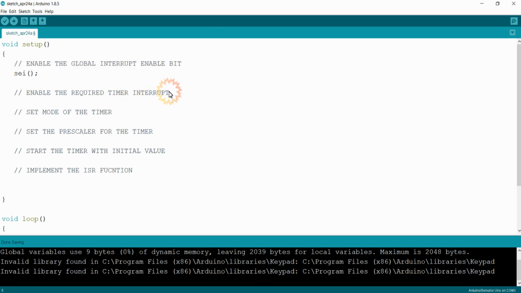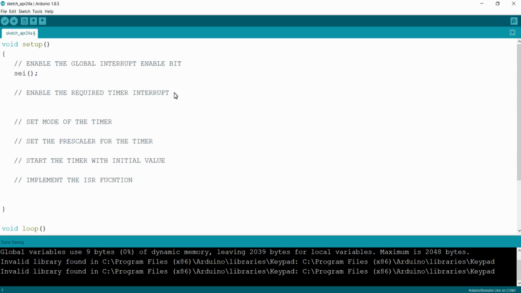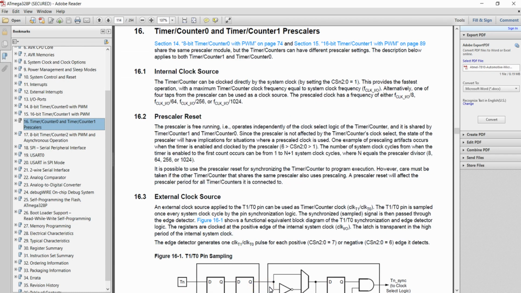As we are going to use the input capture interrupt, we enable the global interrupt enable, and the next step is to enable the required timer interrupt, that is nothing but the input capture interrupt.